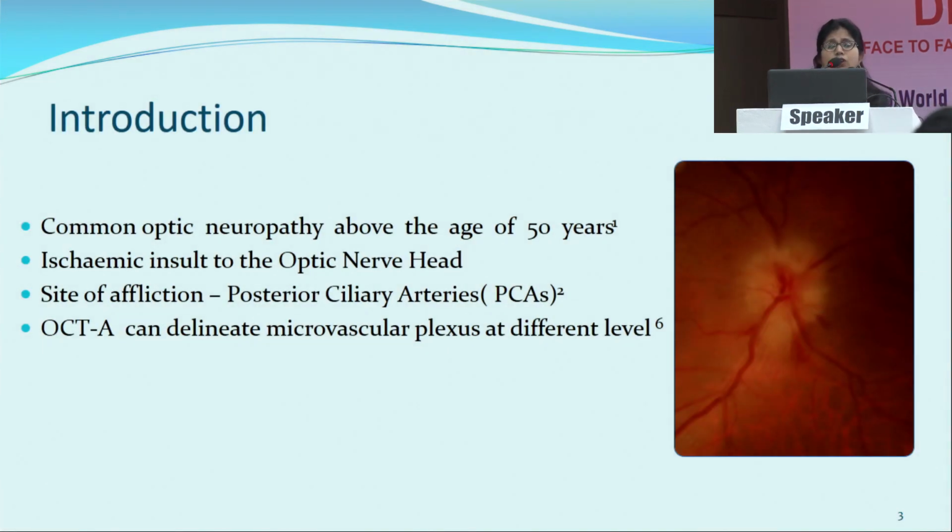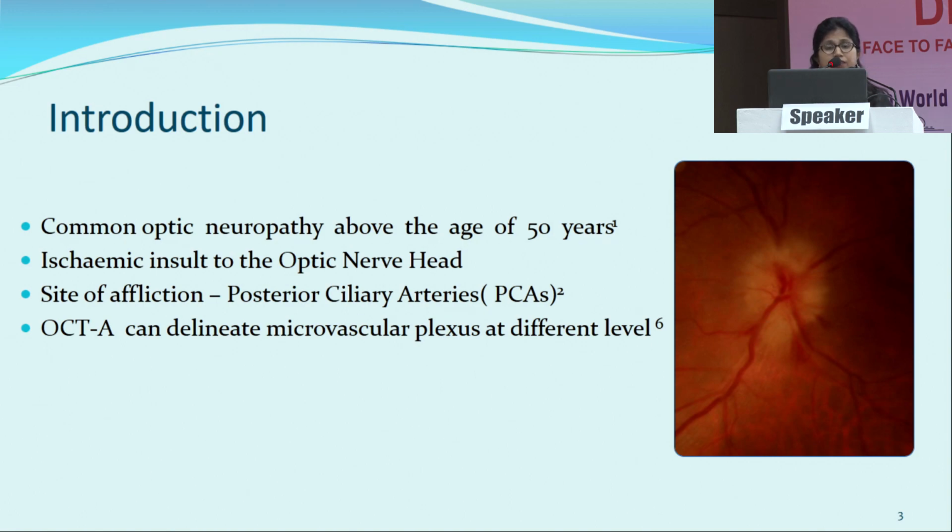As we all know, NAIN is a common optic neuropathy of the elderly population, where the site of affliction is mainly the posterior ciliary arteries, which have hypoperfusion resulting in ischemic insult of the optic nerve head followed by optic nerve head edema. FFA and ICG have been used to delineate these vessels but unfortunately have been unsuccessful. OCT-A is a non-invasive modality that can delineate these microvascular plexuses at different levels, both at the disc as well